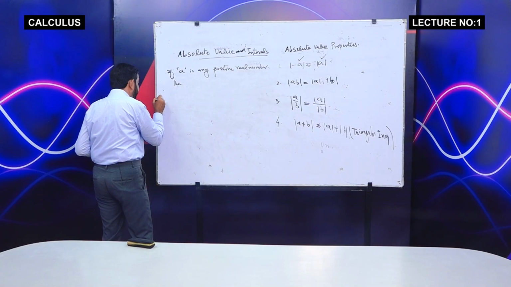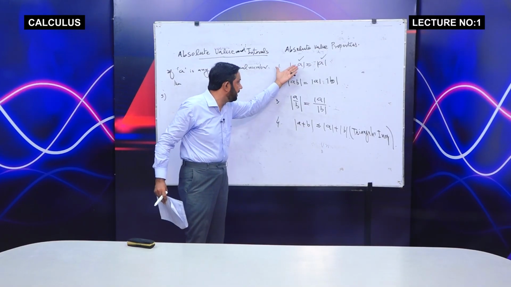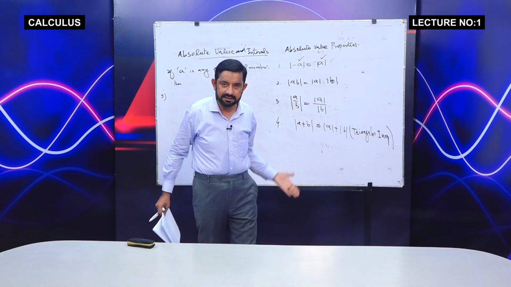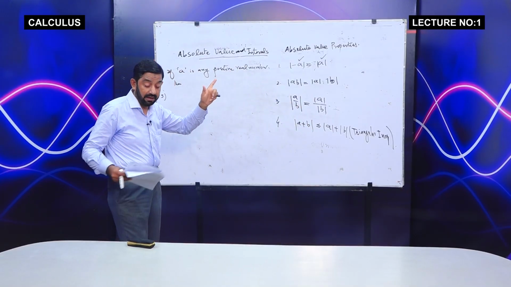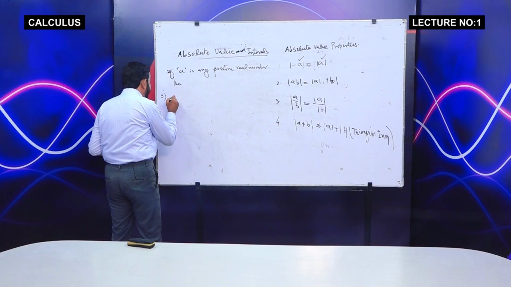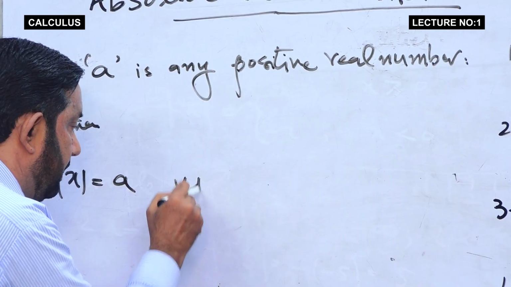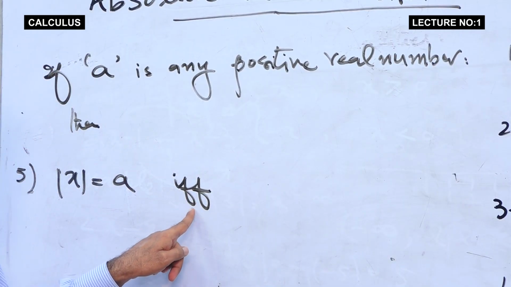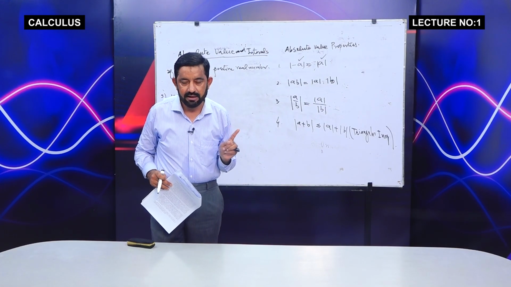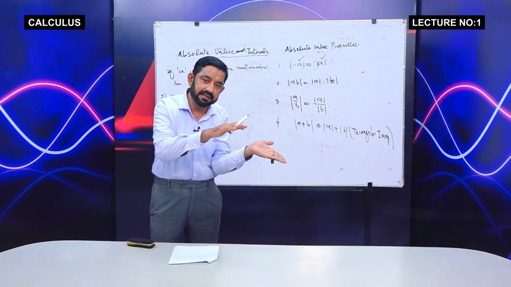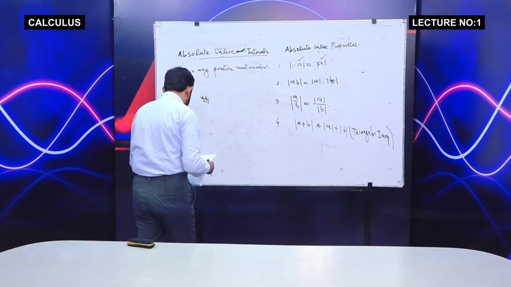The story is continued from here. सारी बात यहां से ही आगे चल रही है। चार बातें आपके सामने यहां लिखी गई हैं, फिफ्थ अब आपके सामने आ रही है एब्सोल्यूट वैल्यू और इंटरवल का आपस में। तो अगर आपके पास |x| = a लिखा गया है तो iff, this word stands for if and only if, necessary and sufficient condition, मीन्स कि अगर एक बात से दूसरी निकलती है तो दूसरी से आप पहले भी निकाल सकते हैं। तो दोनों बातें आपस में एट द सेम टाइम चल रही होती हैं।